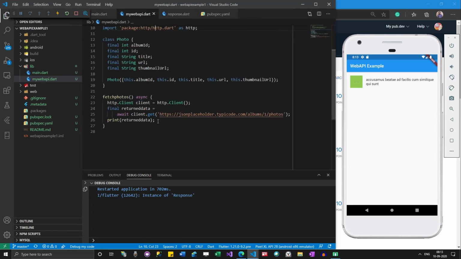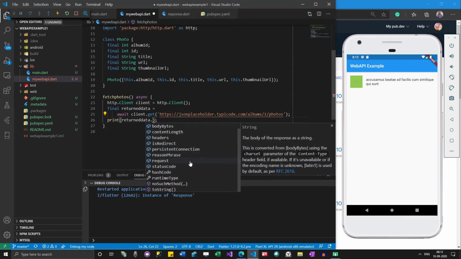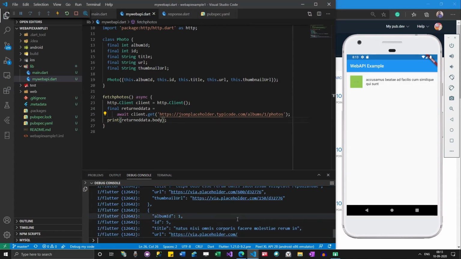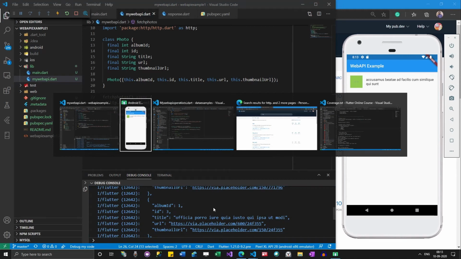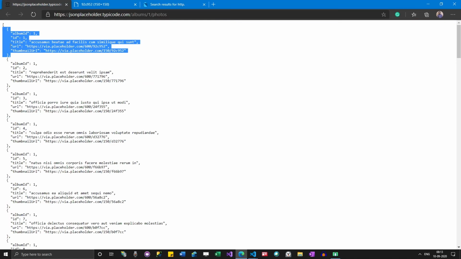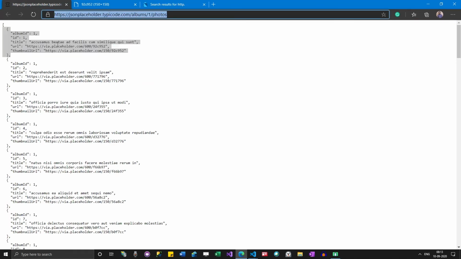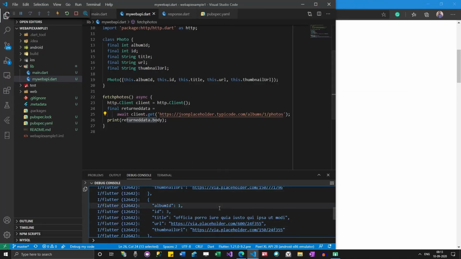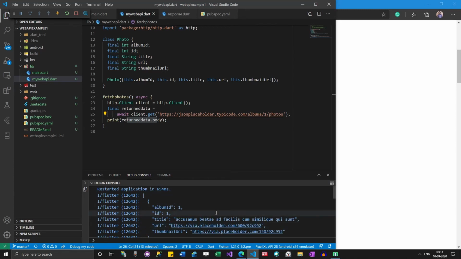So I can just click dot here and then you can see some code sections. I'm going to click body and then save again and see what's in there. In written data now, okay, so it has written the body, right? Now you can see that something is written. So this looks similar to our link. So now we are able to get the same data in our program.